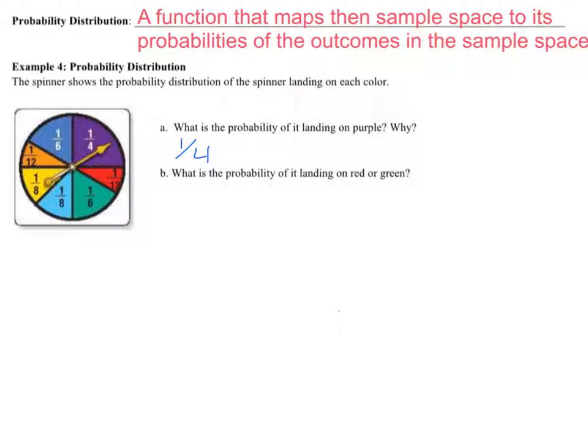Letter B says, what is the probability of it landing on red or green? So we have to figure out the probability of both of these. First, if we're looking at the probability of red, we know that the probability is 1/12 based off of what the graph says. For it landing on green, we know that our probability is going to be 1/6 because that's what green is marked on our spinner. So in order to get the probability of it landing on red or green, we're going to add these two together. So we have 1/12